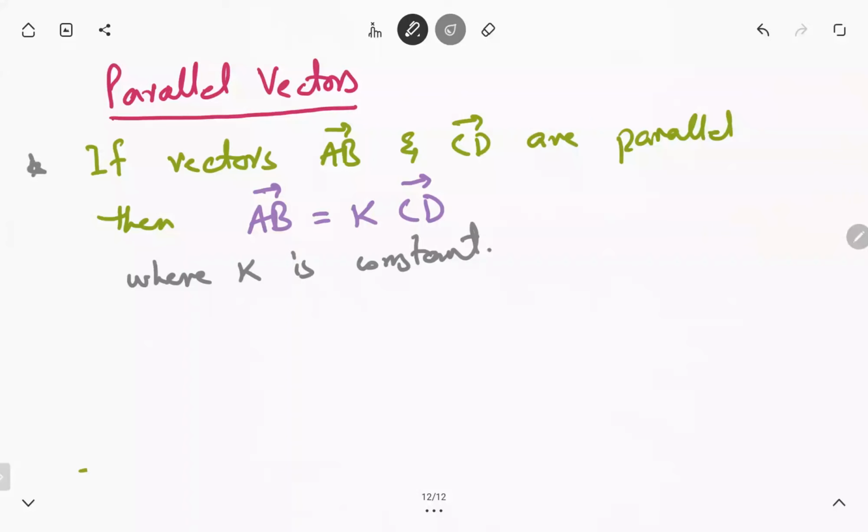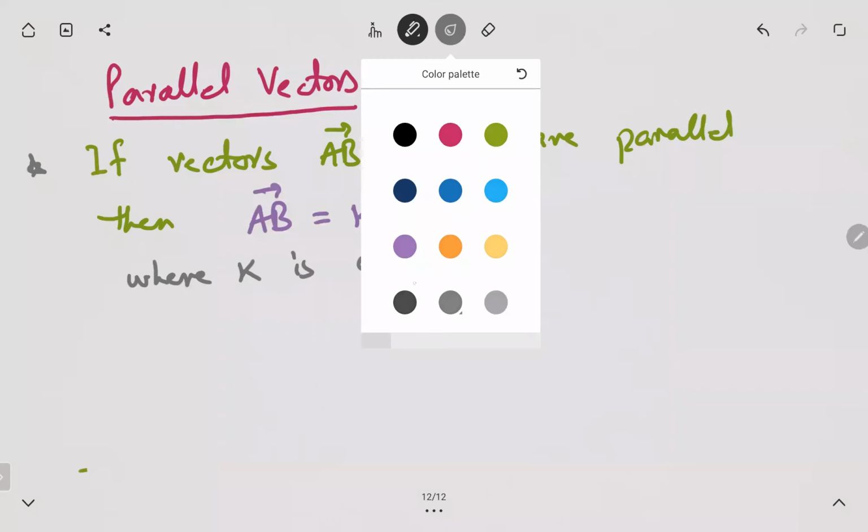Means reverse is also true. If it is written that AB is equal to k times CD, it means the vectors AB and CD are parallel। और अगर given हो AB and CD are parallel, so you can write them in the form of an equation। और further अब आप और अगर इसकी थोड़ी सी डिटेल लिखना चाहें,